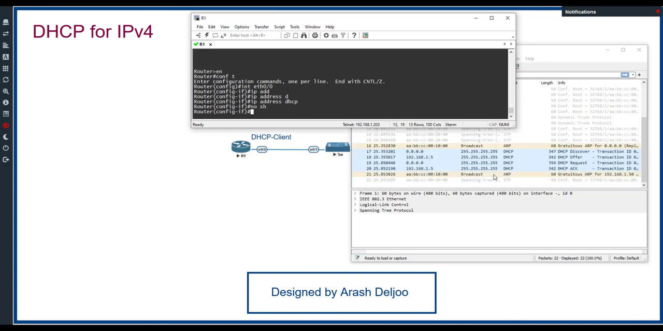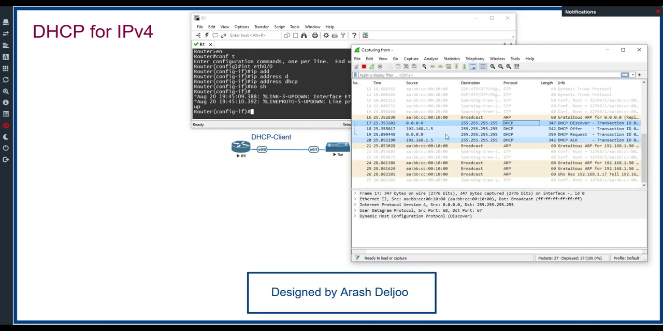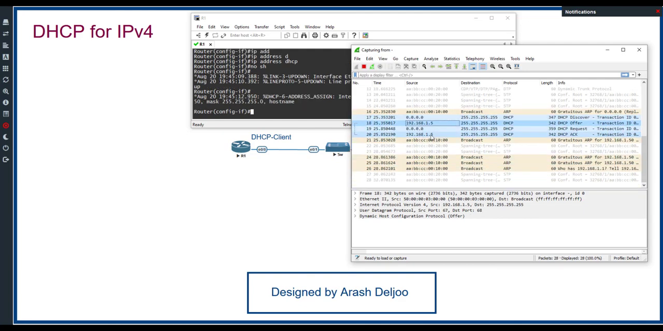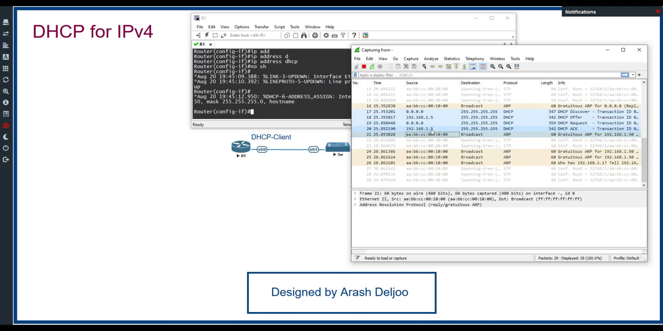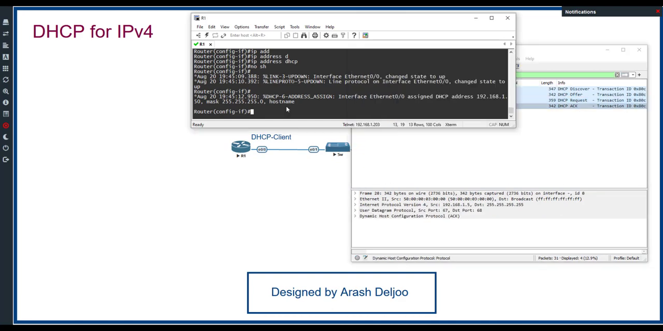Now we can see the process. Look at here, this is DHCP discovery, sent from the router, then DHCP offer, DHCP request, and DHCP ACK. So easy, okay? And after that, here you can see that a log appeared in the console of the router, interface ETH0/0,